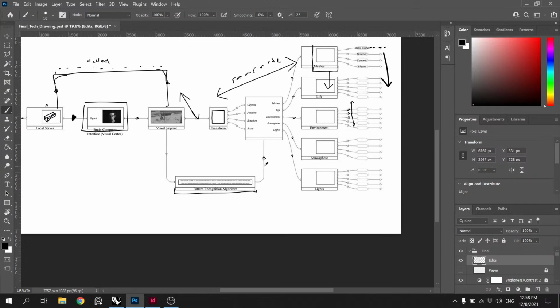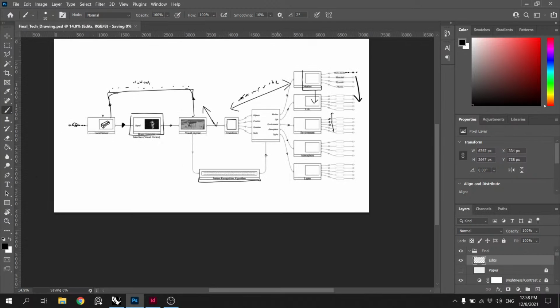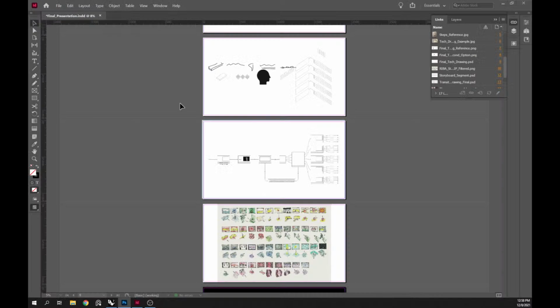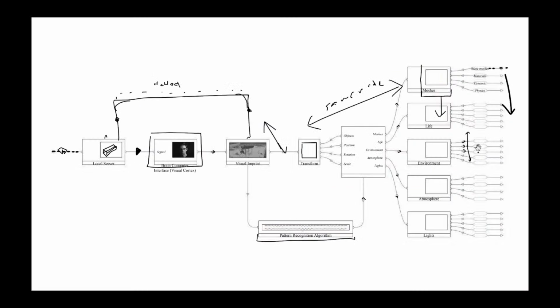I think it's fine as it is. It could probably be improved, but I think this is the idea. Okay. Let me just update this now. But essentially we'll have a clean drawing like this. We'll use color carefully.